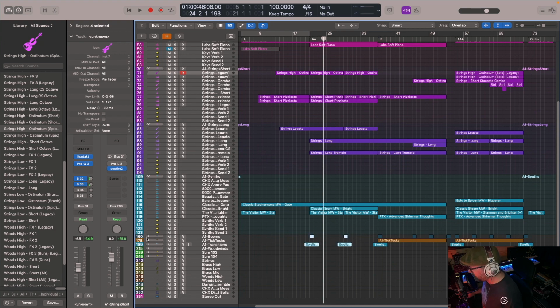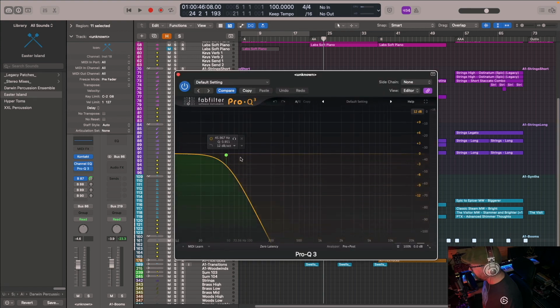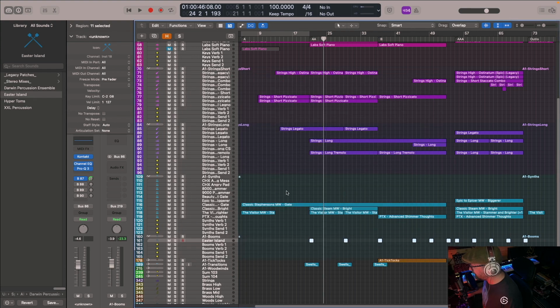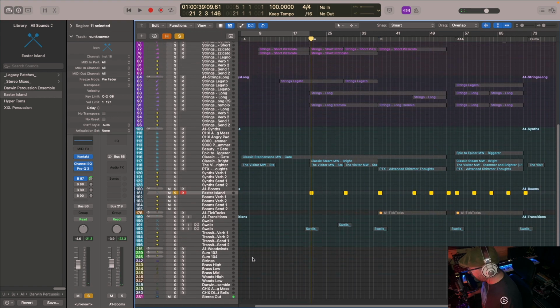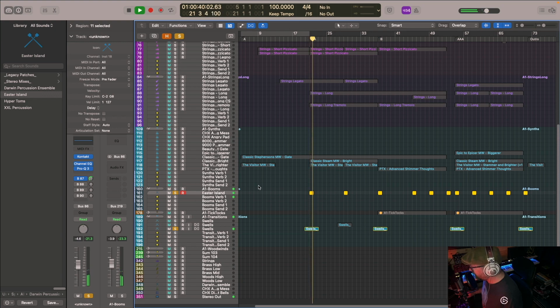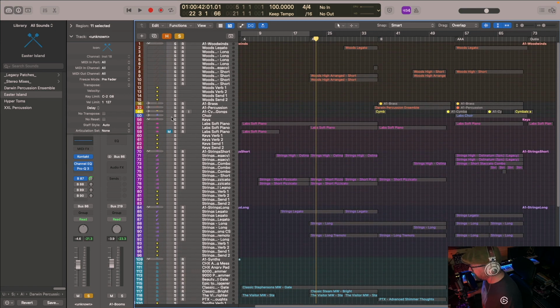It's just some Easter Island booms, and I've kind of taken away a lot of the high end. I've really pulled them back, so it literally is just the sub boom you're hearing there. But we also have these in the transitions. We have these swells, which is basically like a Grand Casa bass drum roll, and then the Easter Island boom sits over the top of that just to make it a bit more kind of subby. And then right at the end we have this cymbal roll as well that leads into